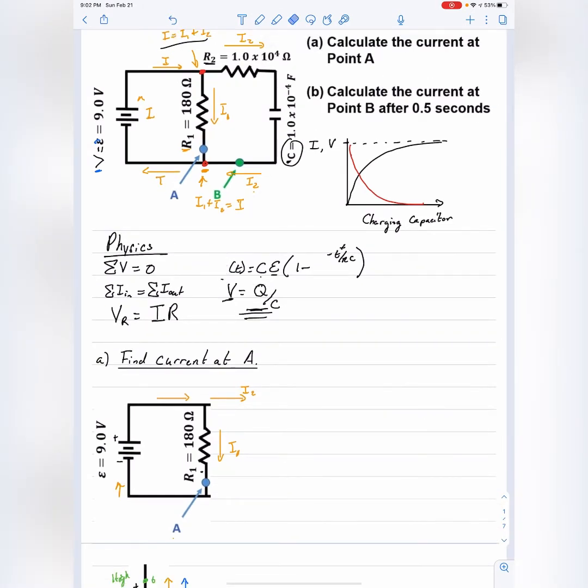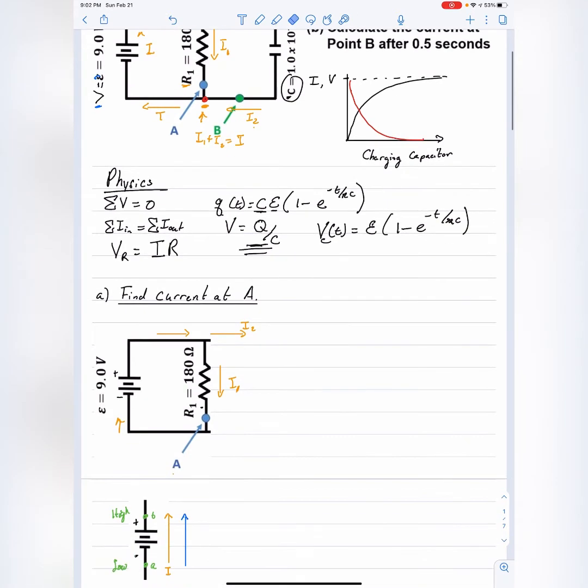Okay? But given that, we can divide by capacitance, like we're doing here, in this equation, and it would give us the voltage across the capacitor over time equals EMF times 1 minus e to the negative t over RC. Okay, and the voltage isn't found on your sheet, but the charge definitely is. So we have those equations, and those are the important equations that we're going to be needing